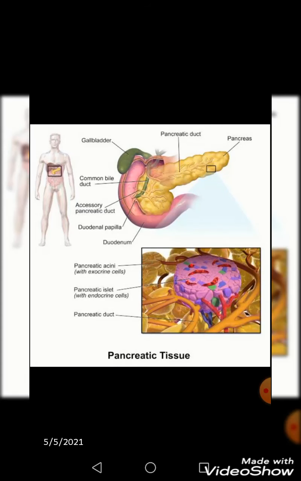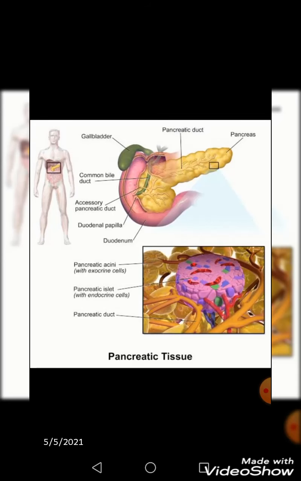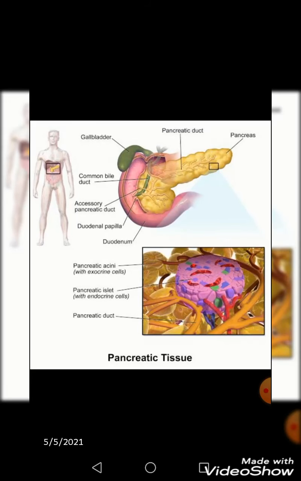It produces various digestive enzymes, and these are supposed to pass through the excretory duct system that exists inside your pancreas, and it also produces various hormones through its endocrine part, and they are supposed to be transported via the blood vessels. So there are different cells assigned with these two major functions to perform their duties.